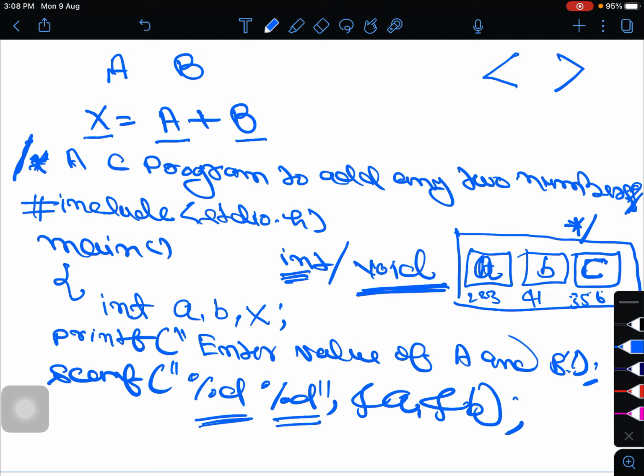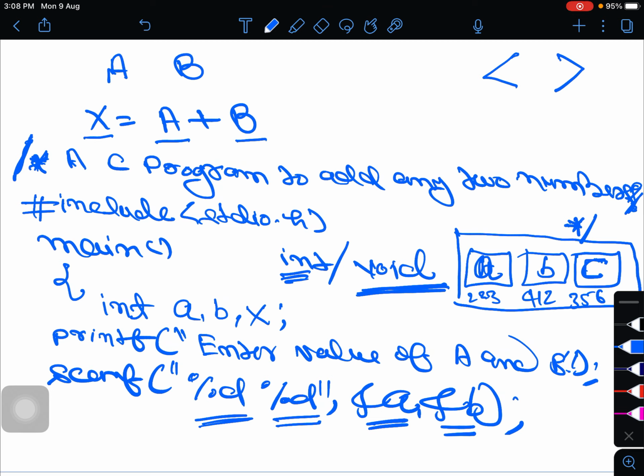When this scanf function reads values from the keyboard, then this %d and this %d inform these memory locations a and b.